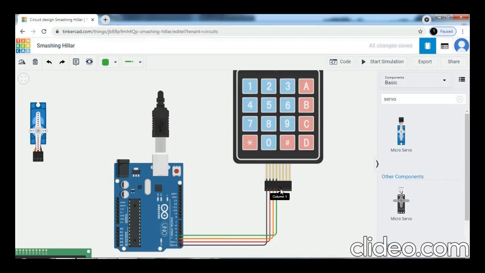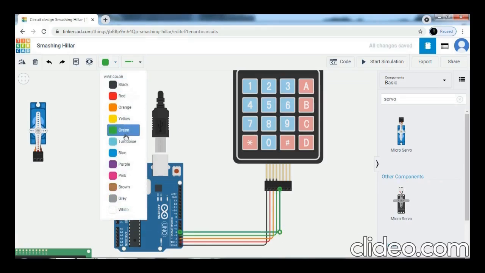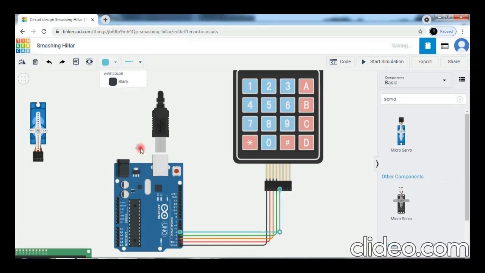Now we connect column 1 with digital pin 4 and the color is light blue. Now we connect column 2 with digital pin 5 and color is blue.